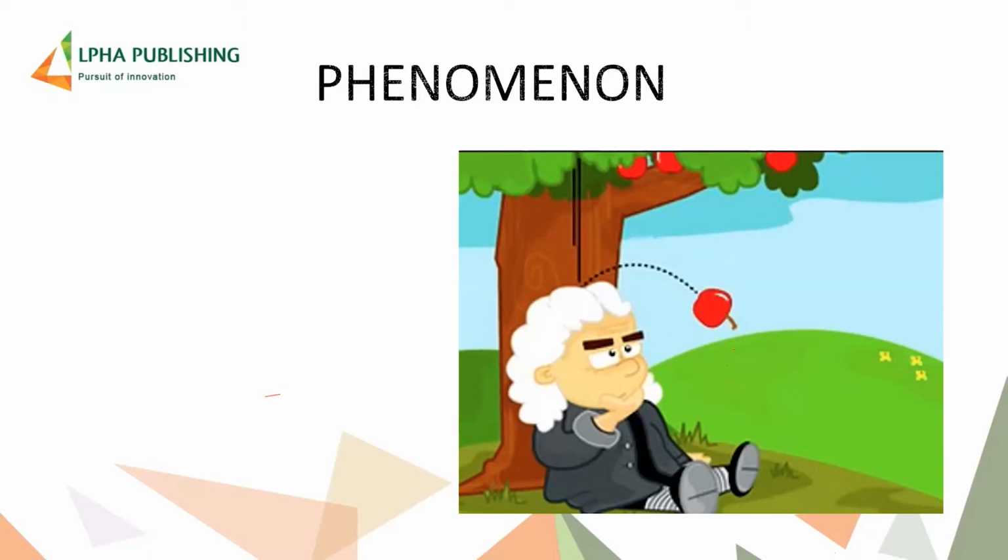Now he got to thinking, this is an observable thing. I'm seeing an apple fall from a height to the ground. So phenomena in science are basically just occurrences in the world that can be observed. All right. So Newton made some observations here,